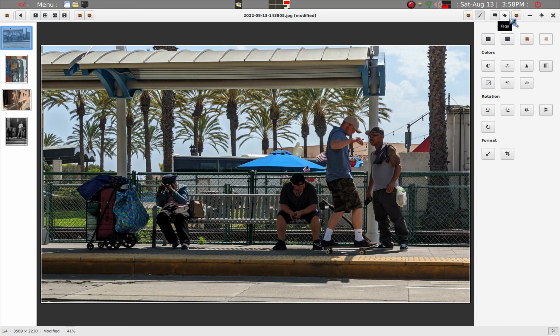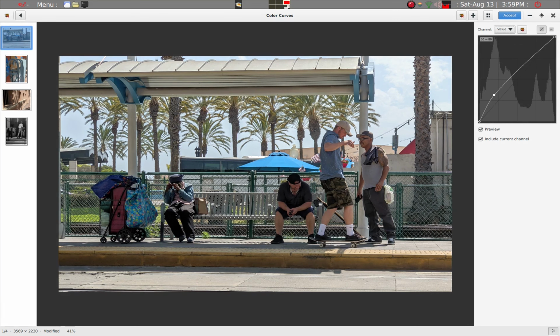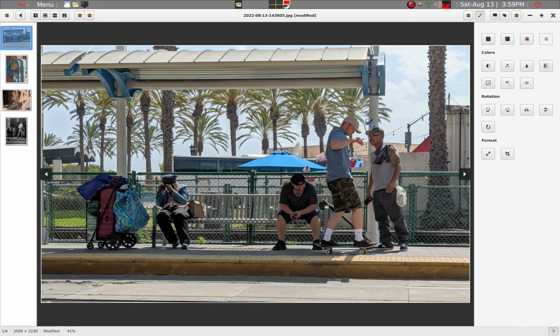So overall it's a little dark in the middle, in the shade area, so we'll just lighten it up a little bit. We'll use color change, and this represents the shaded area with the high peaks, a lot of shaded content. So we'll grab it down here a little bit and then raise it up a little bit, so you'll predominantly just lighten up the shaded area. So we'll accept that. I think that looks much better. You can see more detail now,